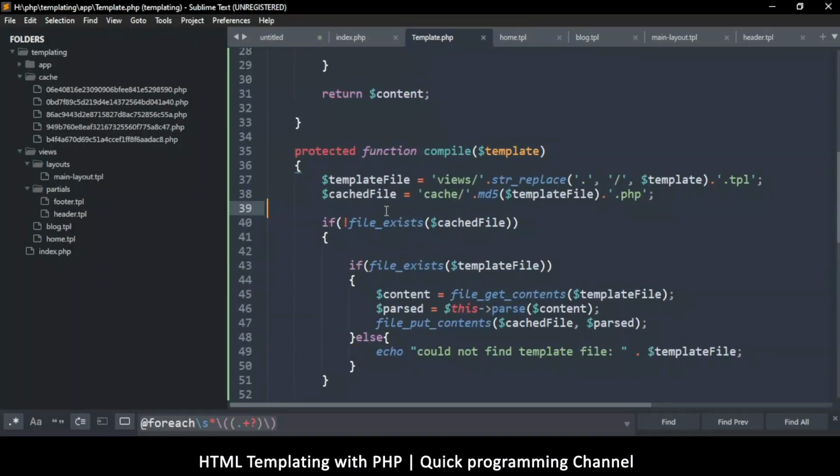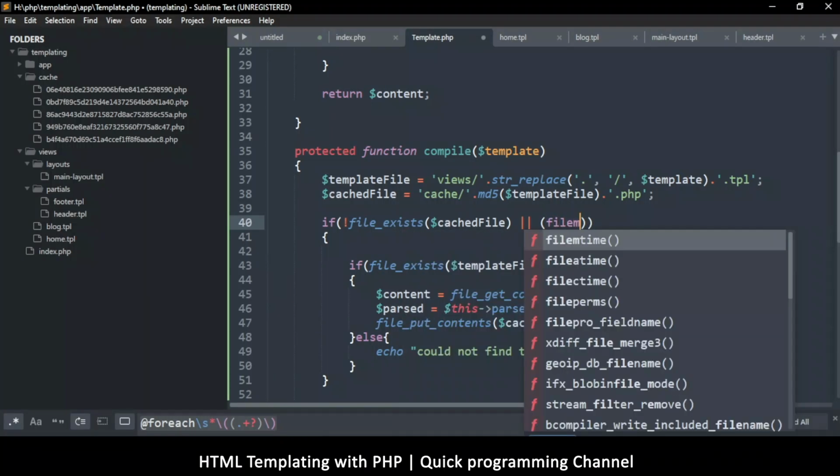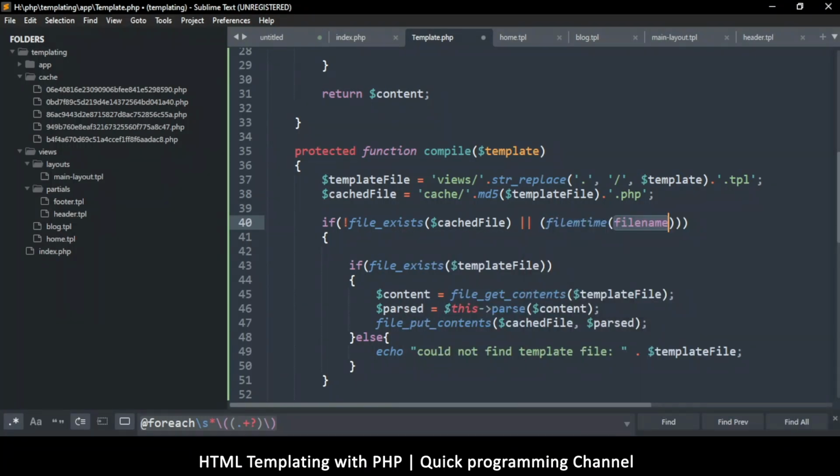So we can do here, if the file does not exist, or, right, or we put something in here. There's a function called filemtime, which just gives you the Unix timestamp, which is an integer of how many seconds have passed since 1970 to when the file was modified, right? I don't know why it's 1970, but yeah, that's when they started counting. So filemtime of the cached file,